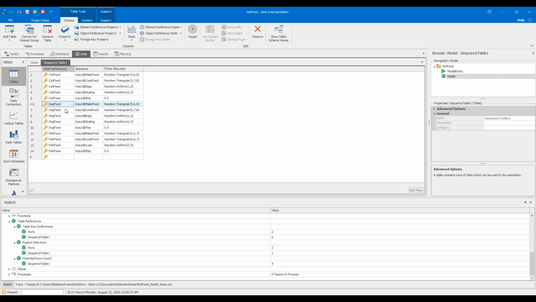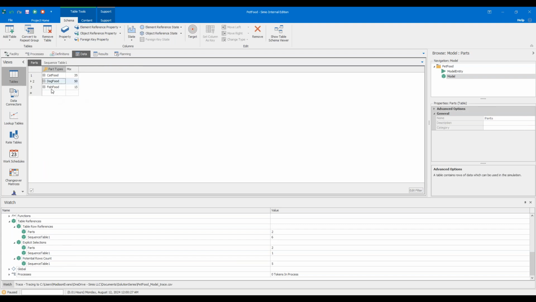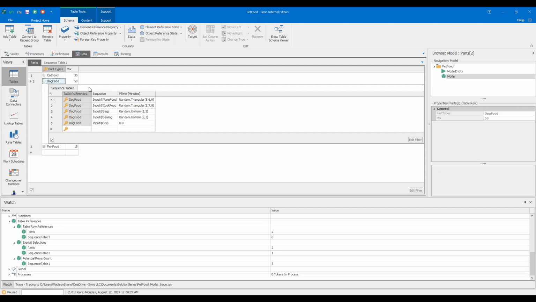And then our sequence table, we see that the potential row count 5 comes from the fact that there are 5 options for dog food. And then we see that it's specifically pointing at that 6th column. Now, if you look at the explicit selections, the sequence table is showing 1. And that is because we have this related table. So when you expand the dog food section, you see the first column is our 6th column in our sequence